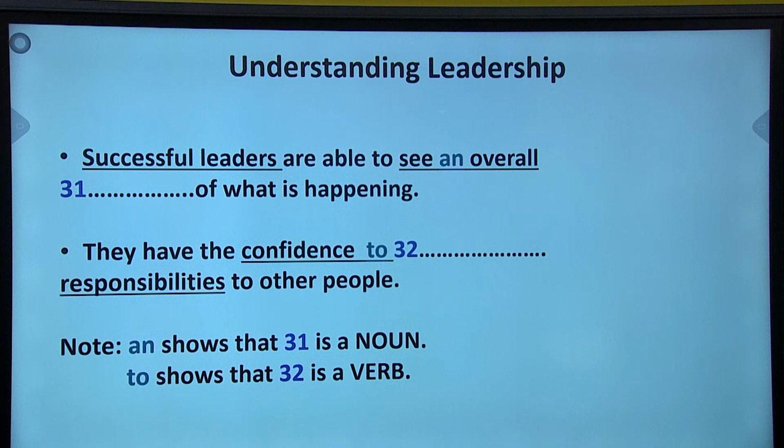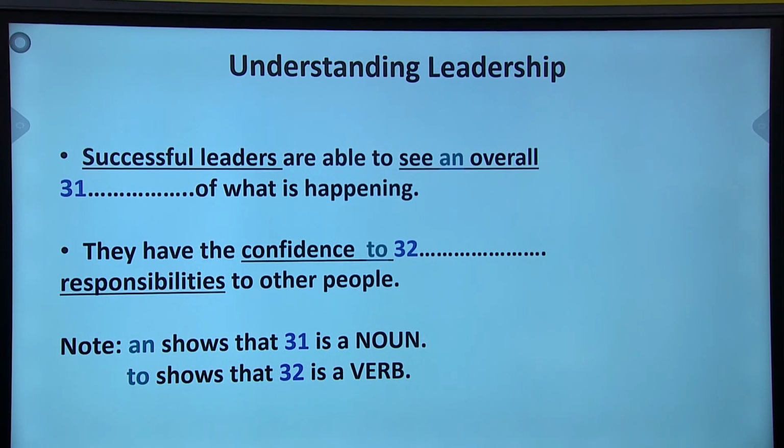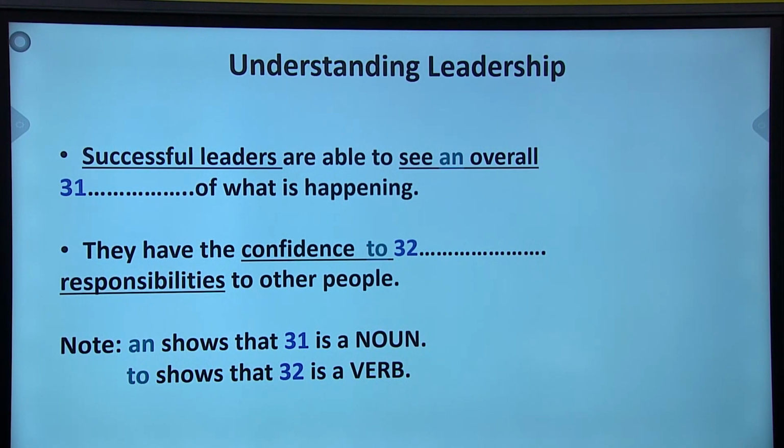They see the big picture of what is going on within their companies, in their particular markets, and in the wider world. They also tend to be particularly good at motivating and empowering those around them. The best leaders understand implicitly the need to trust their staff, and they are happy to delegate tasks and duties to others. Okay, so that is your listening text or your audio, and let's see if you got the correct